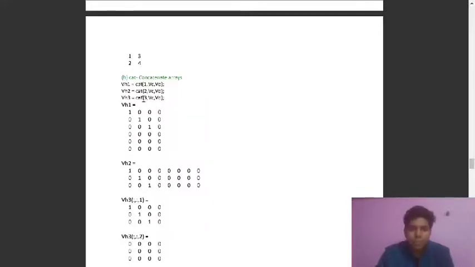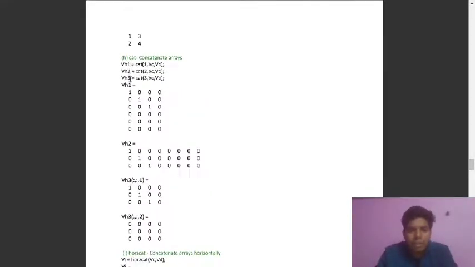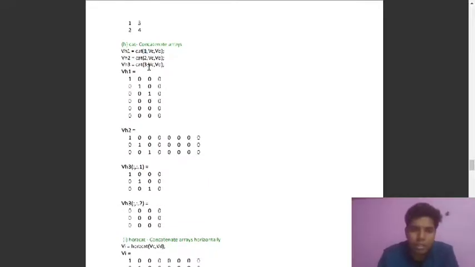Here I am assigning bh1, bh2, bh3. We are concatenating both the arrays in row format or column format, like one lying after the second.